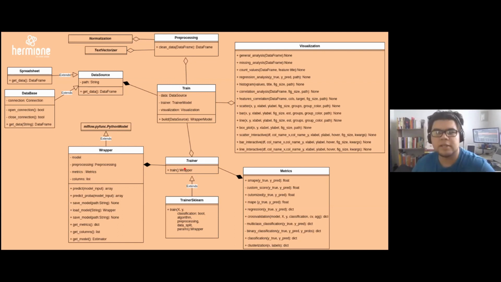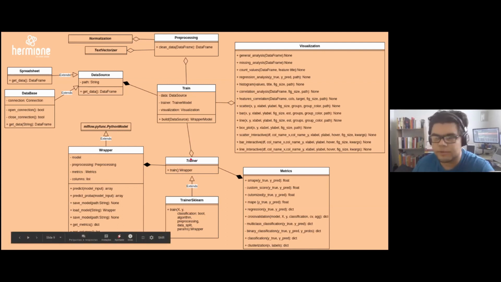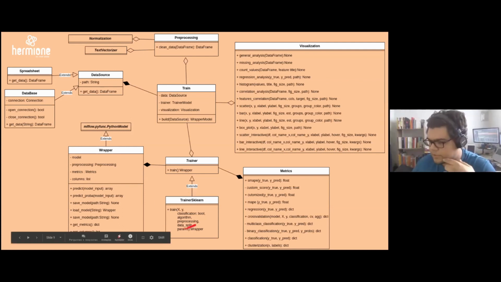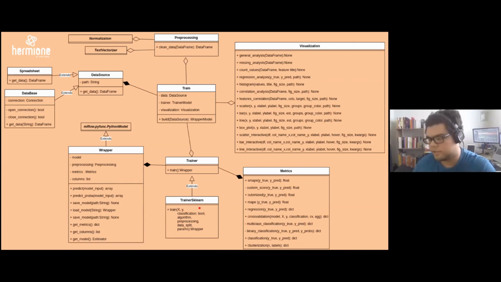The trainer is another abstract class, and some other classes that you are going to actually use when you code inherit from trainer. So for each algorithm or each method that you have, you can build this kind of class. We have, for example, here a trainer sklearn, so a class to use scikit-learn algorithms. If I use, for example, XGBoost, I would implement a trainer XGBoost.